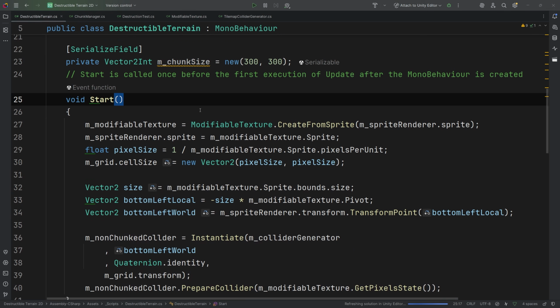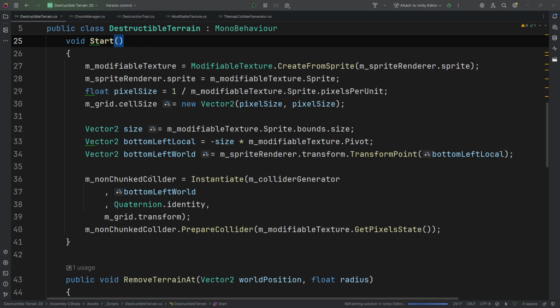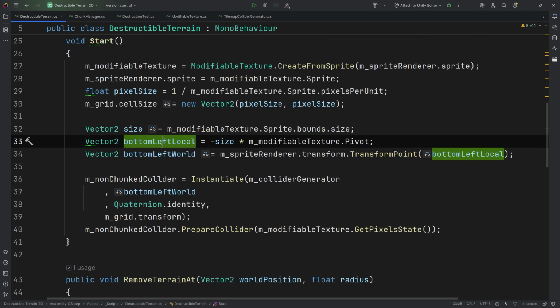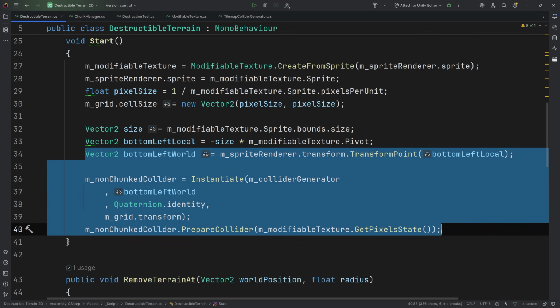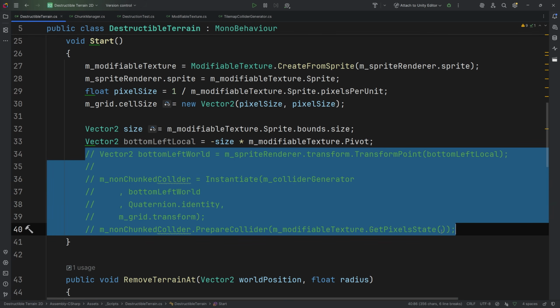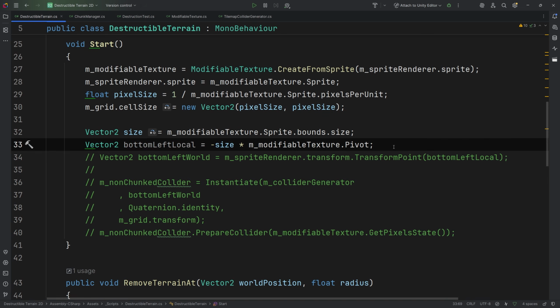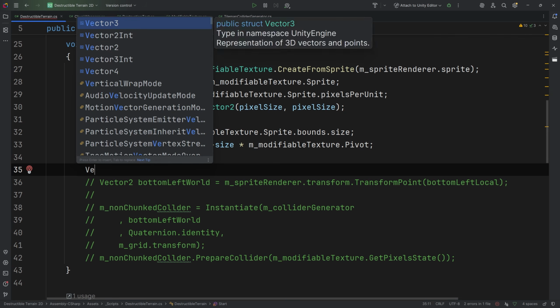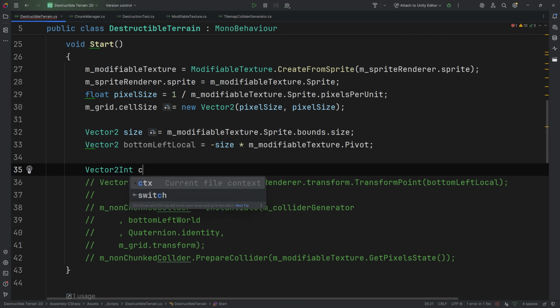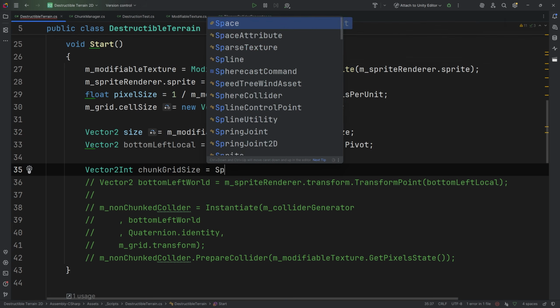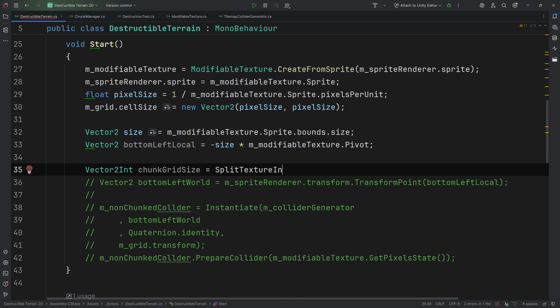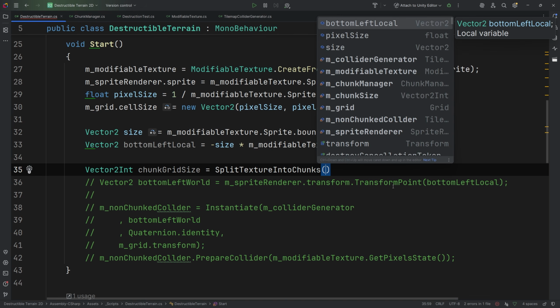Now that we have that, we need to go to our Start method, and we had this code that calculated the bottom left local position. We can leave this code, but the rest we need to comment, so we can press Ctrl-K, Ctrl-C to comment this code. Now we need to split our texture into collider chunks. To do that, let's create Vector2Int chunkGridSize equals, and let's define a new method, SplitTextureIntoChunks. And we are going to have to pass here the size of the texture, so